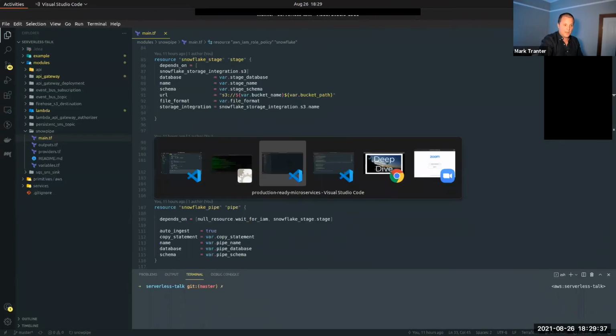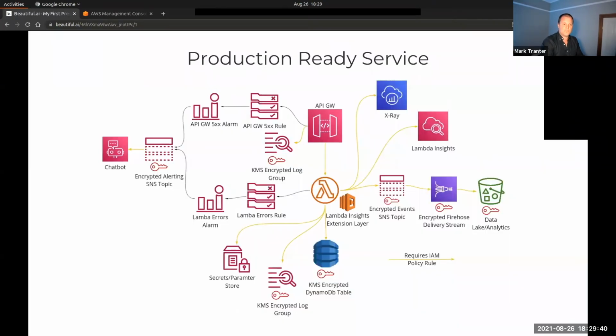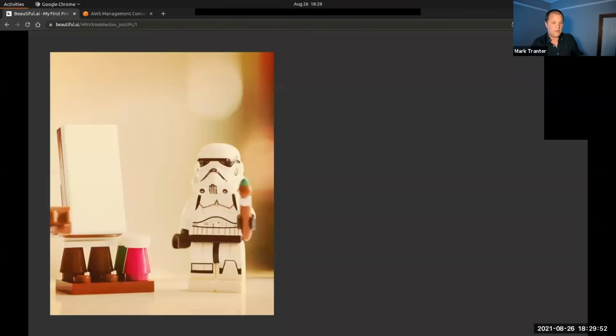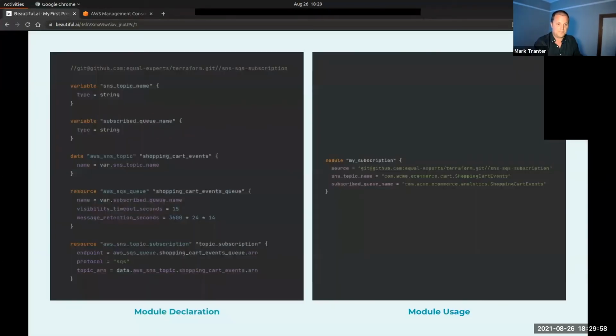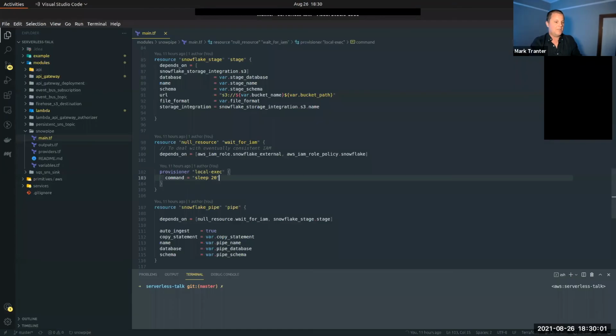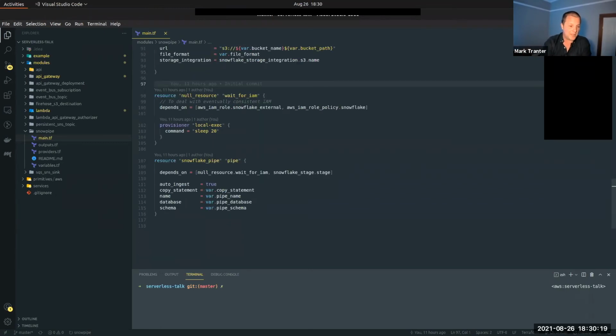So if you can remember our complex scenario here, this gives me what I want on the right-hand side. I can publish events onto SNS and go via Firehose to S3. Once they land in S3, because I've configured all my infrastructure with these Terraform modules, I know that my data is going to land in Snowflake. When the business comes to me and says, hey Mark, how many orders for customer 7 were made in the last 3.5 weeks because we think maybe there's someone with some fraudulent credit cards, all I need to do is jump into Snowflake and run some SQL and I can get that data back.